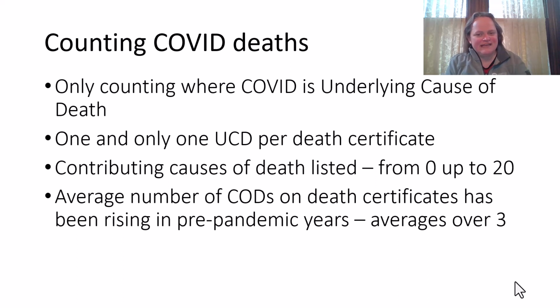Now, this is an issue because there is a CDC COVID death tracker where they do count COVID deaths where it's anything, where it's the contributing cause of death or underlying cause of death. For each death certificate, there is one and only one underlying cause of death. And this is supposed to be whatever drove, like it's the but for, like you would not have died except